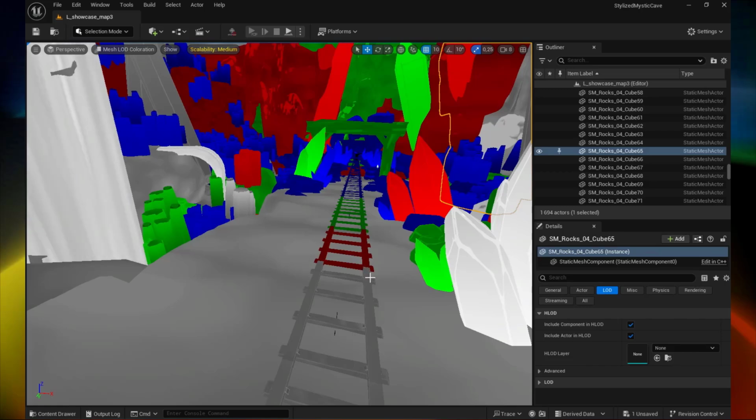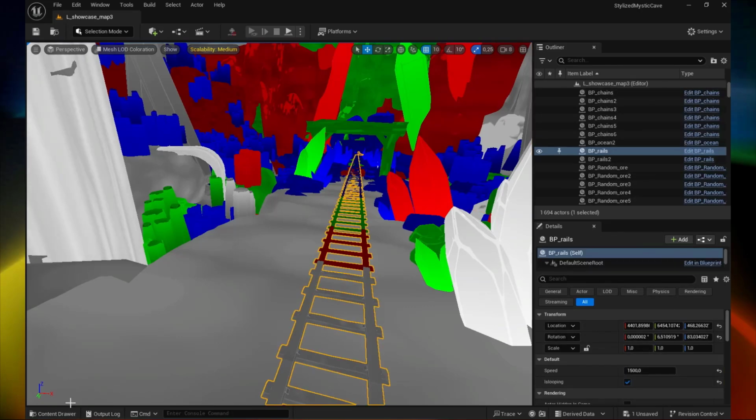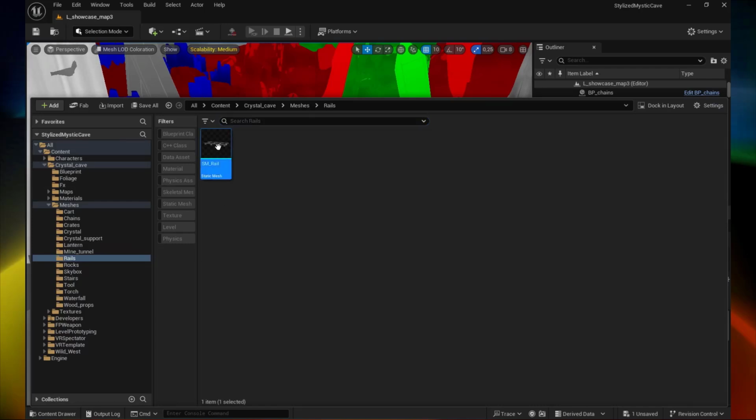Each one denotes a version of the LOD. This one is LOD 0, the red one is LOD 1, the green one is LOD 2, and the blue one is the latest version of the LOD and the less constraining for the hardware that you are running the scene on. So let's see, for example, the rail and go to the static mesh of the rail,